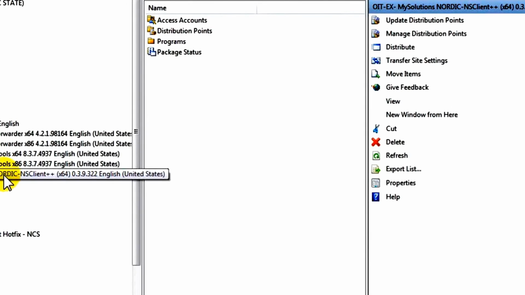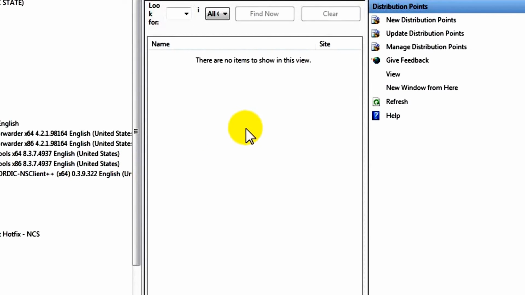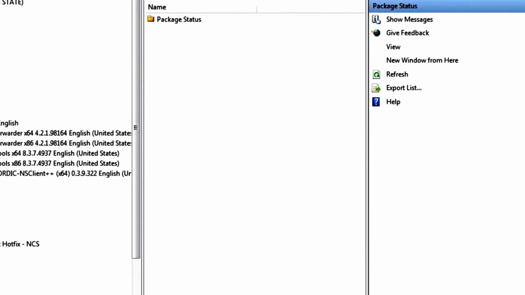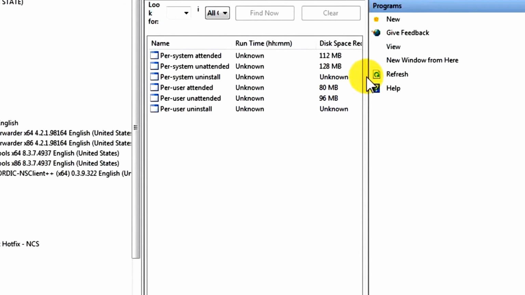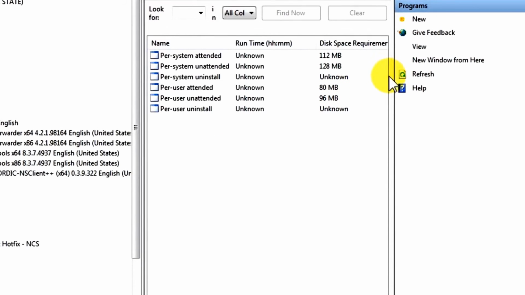So the next, I have not identified which distribution points I want to copy the files to. So at this point, I've created some entries in a database. I haven't actually prepared the software for distribution. Before I copy it up to the distribution point, I want to show you the reason that I ran this wizard is because for an MSI file,